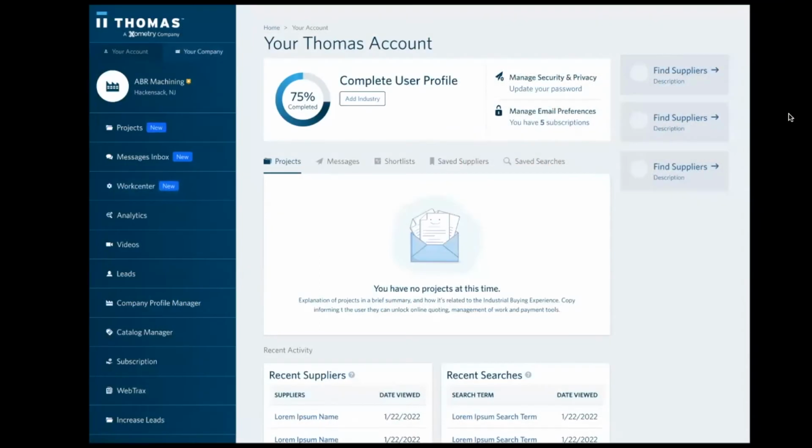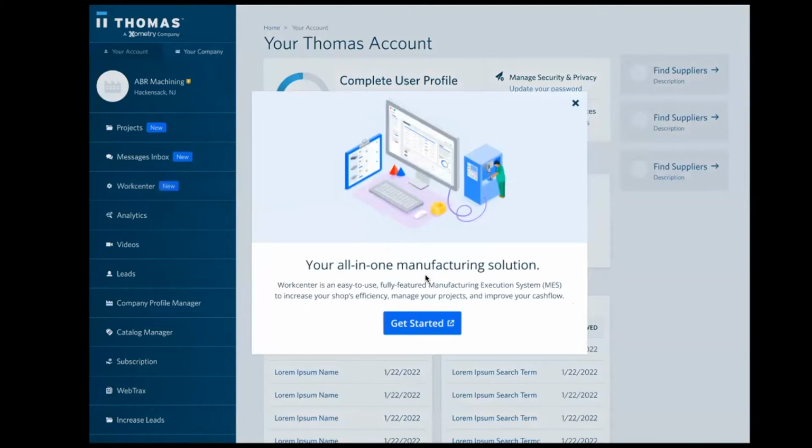When you access your Thomas account page, you'll be able to see a new tab called Workcenter. Selecting this tab will enable you to navigate to Workcenter in order to manage your Thomas projects. If I select the Workcenter tab, it'll give me some more information about Workcenter and take me through the onboarding